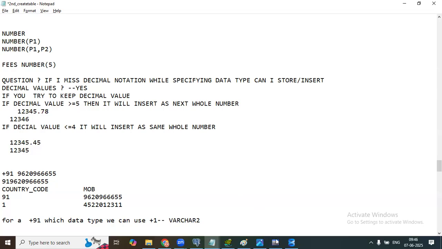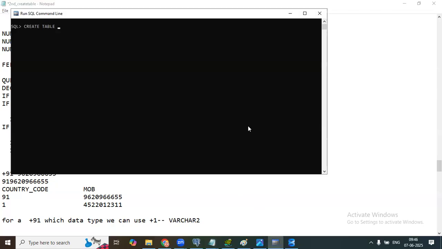Arjun, what you're trying to say? Create table T3, name VARCHAR2 of 10, fees NUMBER of 5. Done. Insert into T3 values: name Arjun, fees 5,000.60 paisa. Here I did not specify anything for the decimal value.